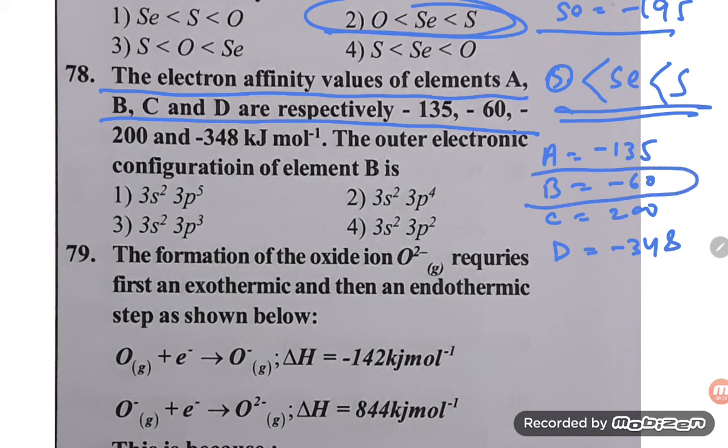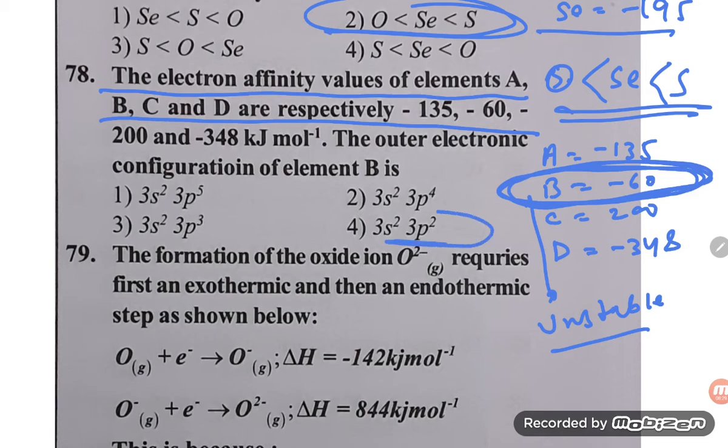It is having the least electron gain enthalpy. Least electron gain enthalpy means it should be unstable, meaning you are easily able to add an electron. So which one needs 1 electron, student? In this case you can easily add the electron. Okay, so option number 4 will be our required answer.